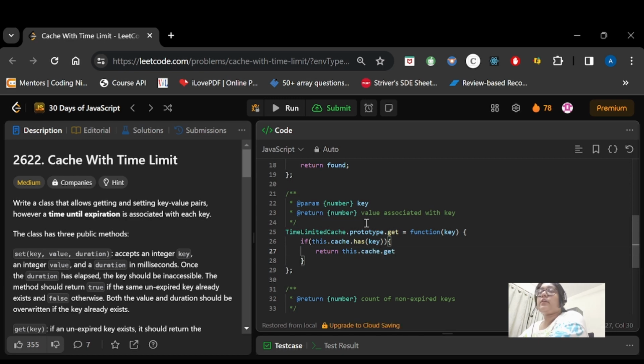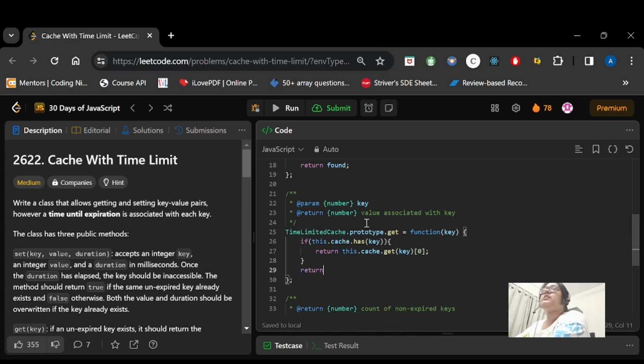In the map, each key had an array of values. One value was the value, and the other one was the set timeout. So we need to return the value here. When we get the key, it will return an array of values, and we need the 0th index of it, so we will write 0. In case we have not found the value, then we will return -1.